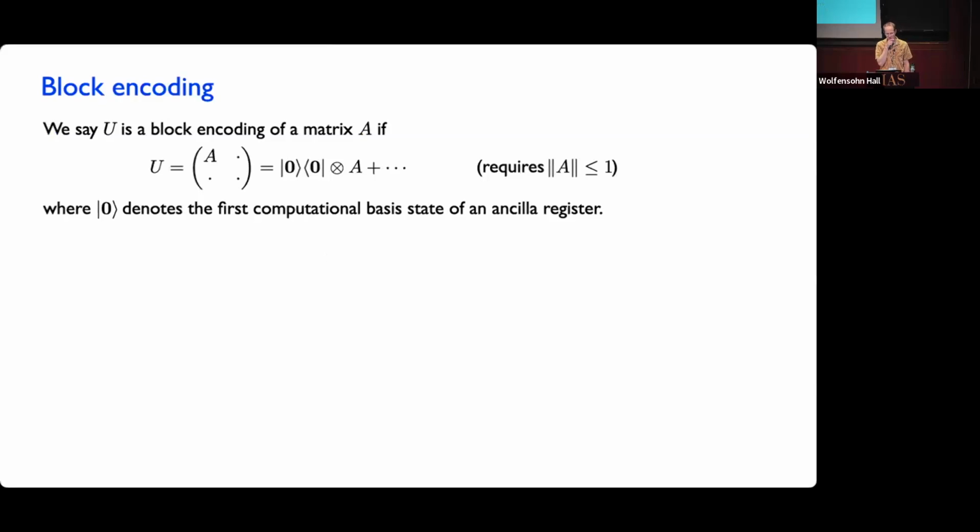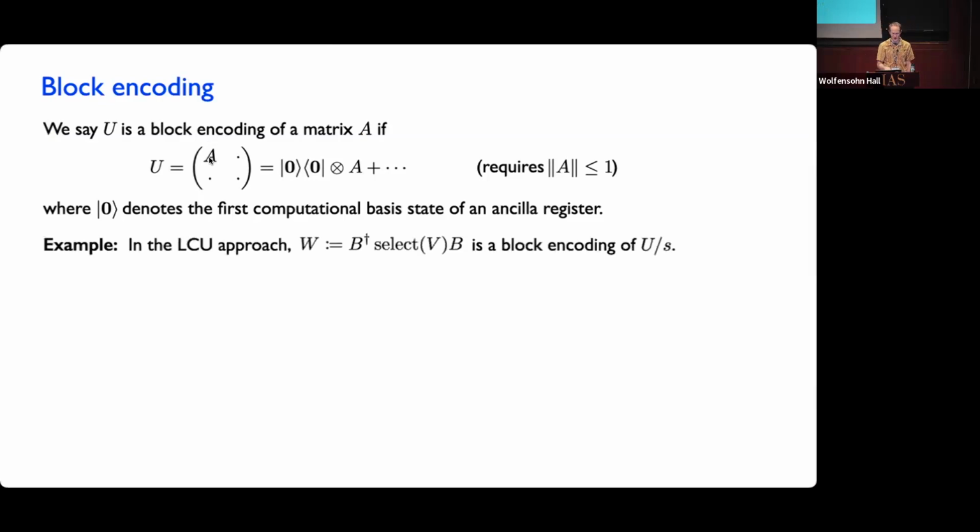I mean, they relate to this idea of block encoding, right? So I think Ewan introduced this. There's this notion of implementing some operator A as the upper left block of some unitary transformation that you know how to apply. We've actually seen an example of a block encoding already, in this LCU approach, where this 1 over S implementation of U through this operator W was basically a block encoding of U divided by S. And then oblivious amplitude amplification is some way of basically boosting that block to be everything, right? So that's a tool that's also going to be useful in building up these quantum signal processing algorithms.